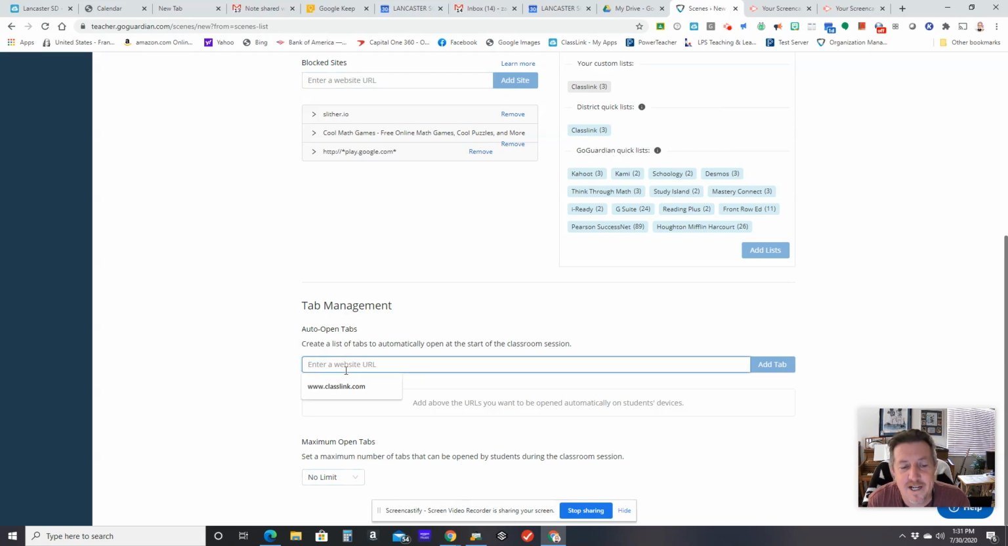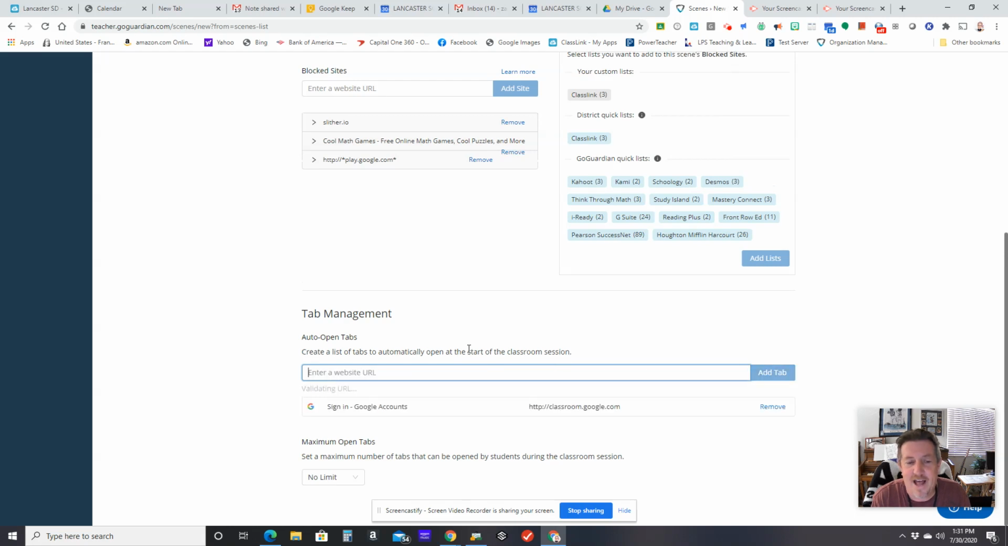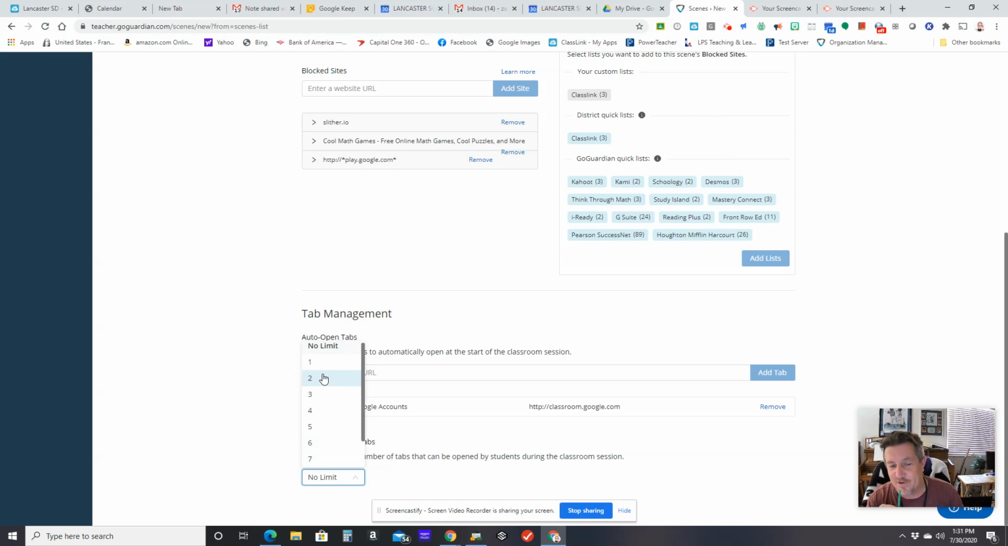I can auto open a tab, so if I want them when I start the scene or when they come in to go to classroom.google.com, I can add that tab, and that's going to automatically open when they open up their Chrome browser. It's going to take them right to Google Classroom. That's going to be an open tab. I can also set a maximum open number of tabs. Now, I say that, and sometimes teachers jump right in and go, yeah, I only want the kids to have 2 open tabs,